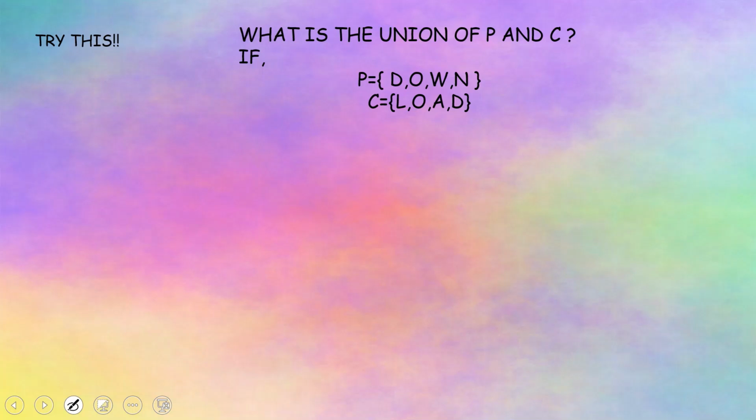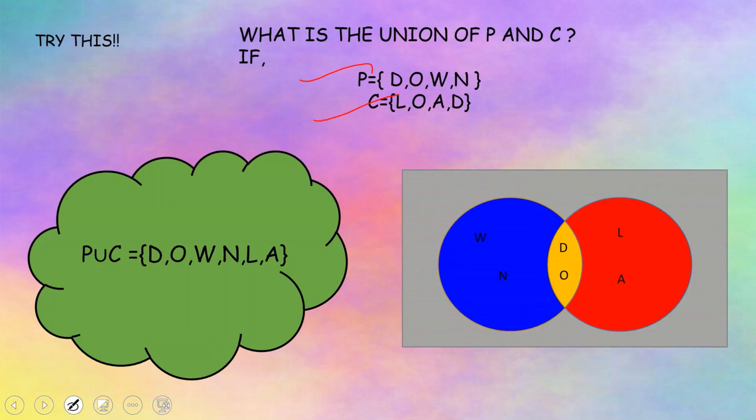The question is, what is the union of P and C? Given that P is DOWN and C is LOAD, what is the union of P and C? जल्दी जल्दी सोचो. And C is D, O, W, N, L, A. Now what do you observe? What did you observe? You observed that the elements in P and C,